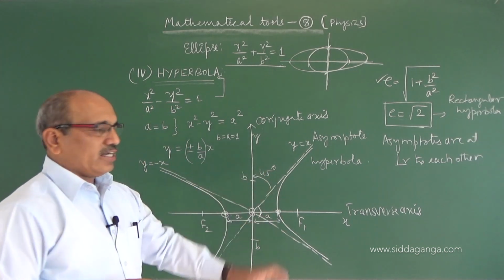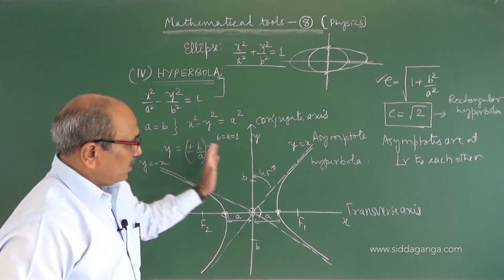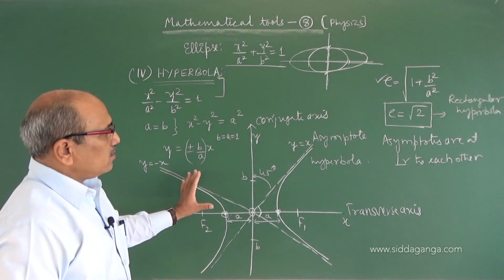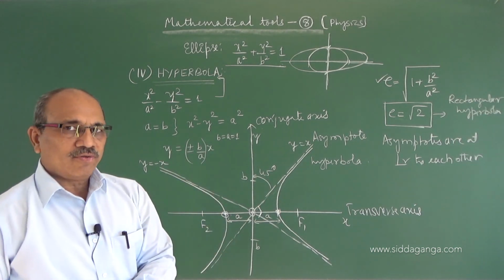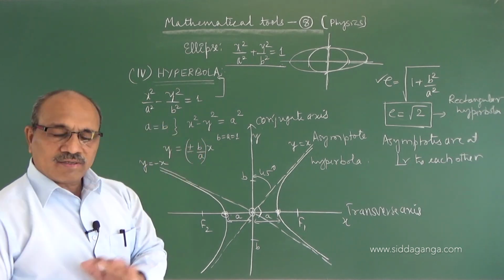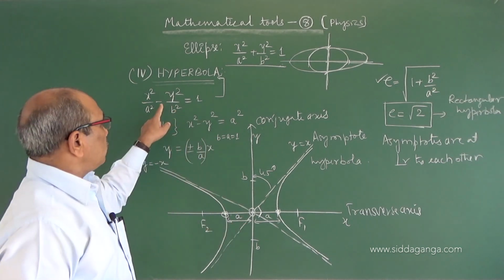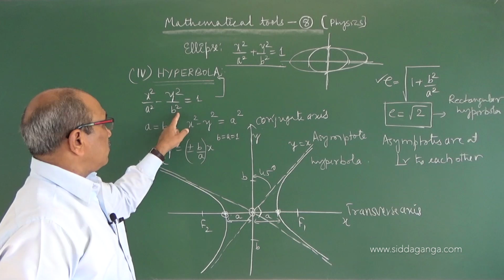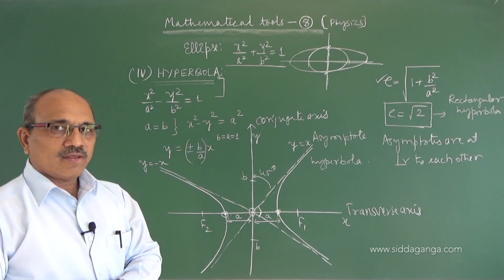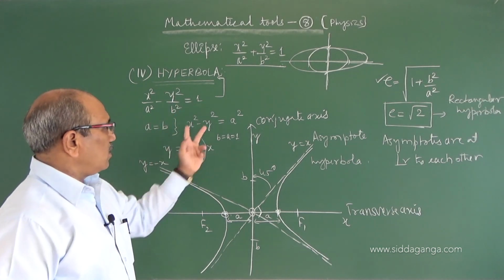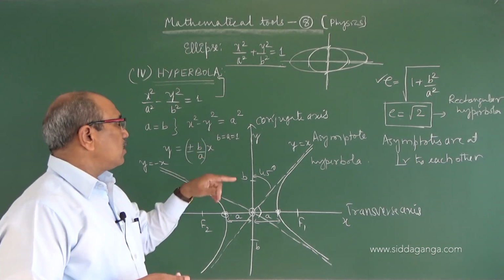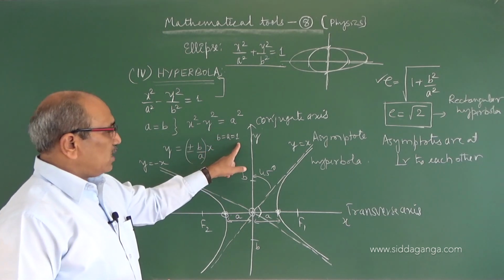So the curve we will get. So I will wipe it out. Before that, I hope you have followed. We got the hyperbola. If the equation is of the form x square by a square minus y square by b square is 1, if a equal to b, this equation is also true. And b equal to a equal to 1 I made.